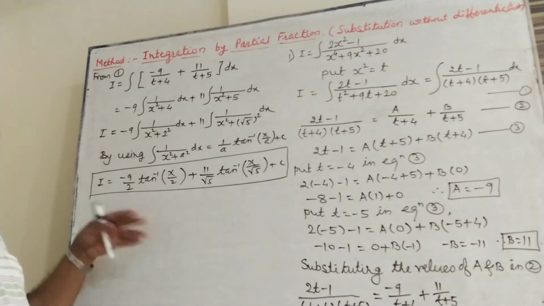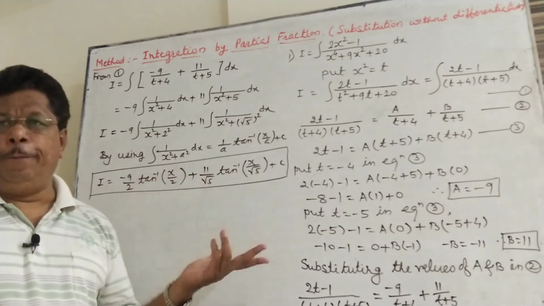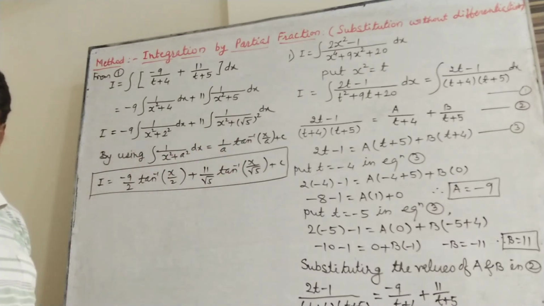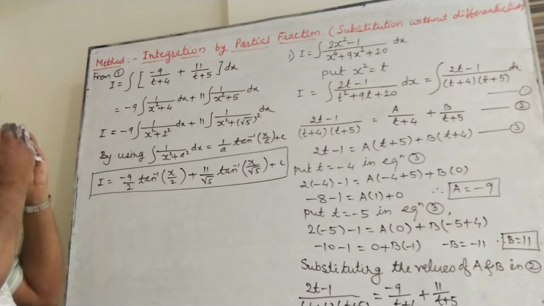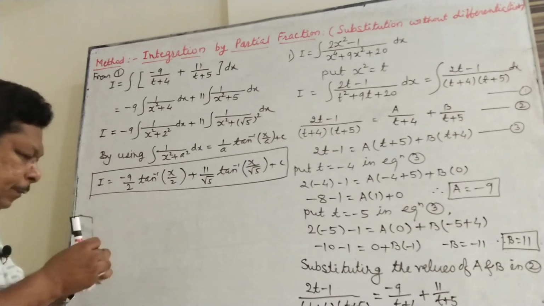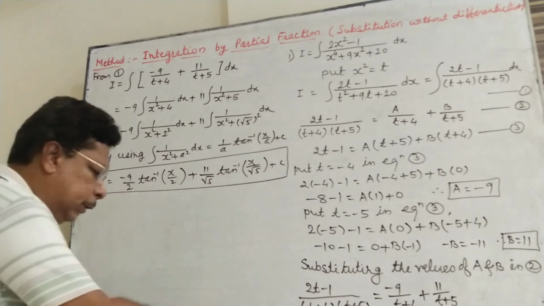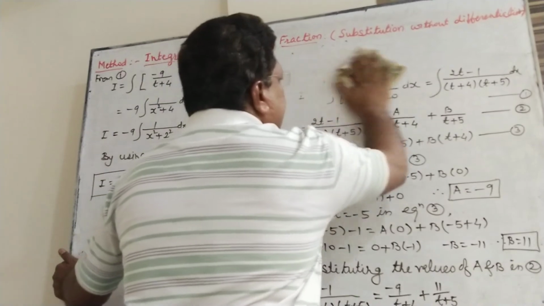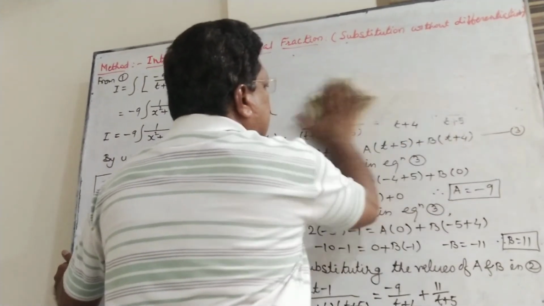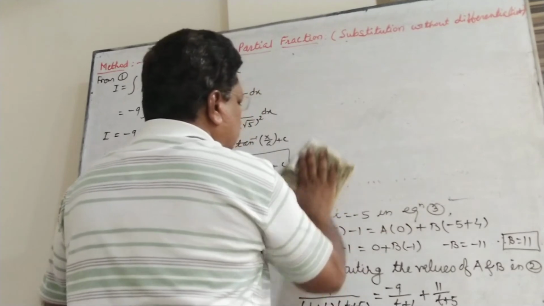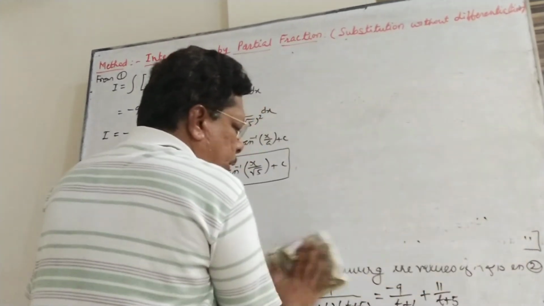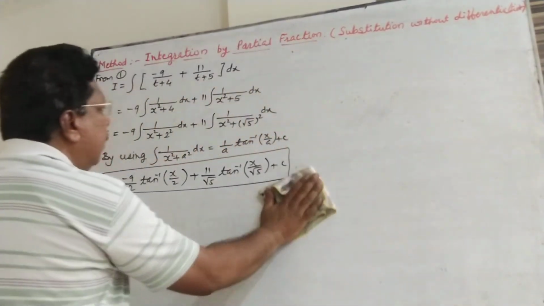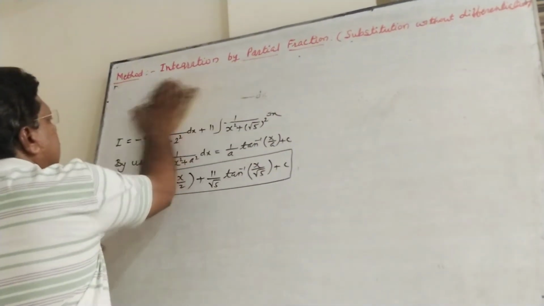Now we will take the next sum, which is in terms of 3 factors. Here there are 2 factors. In the next sum we will take 3 factors. Okay, now I am going to rub it now. Okay, the next question. Which is in terms of 3 factors without substitution, because derivative is not adjustable, then simply take the substitution for finding the partial fraction constants.